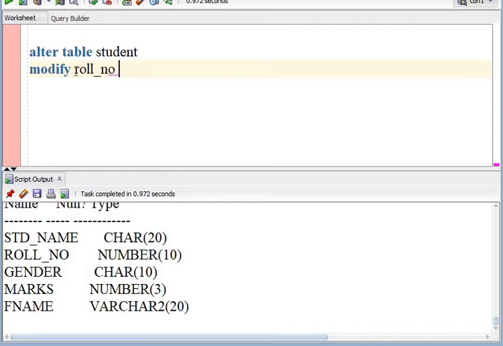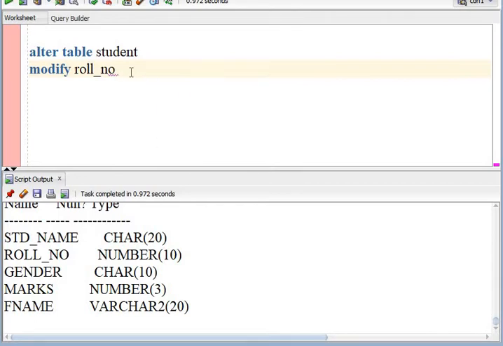Yes, when we are modifying any column, there are many options. Sometimes we may be interested in increasing the size of the column, like if I want to increase this size from 10 to 20, that is also possible. Or sometimes we may be trying to reduce the size, but here you need to be cautious again, because when we reduce the size, there may be some conflicts, as the values that are present there should be able to fit in that new size.